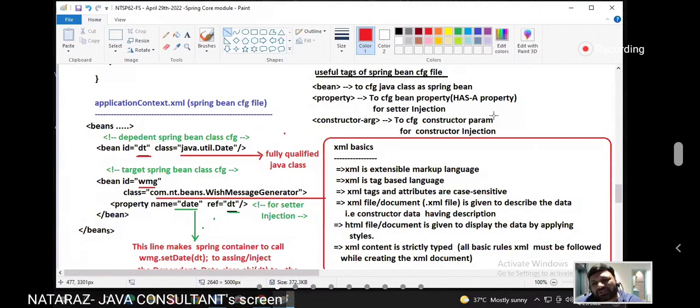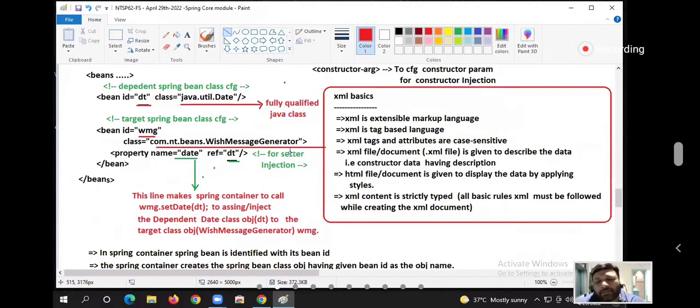In front of your home, there is a drain. Please jump into that. Don't waste normal water also. Yeah, property tag is used for what purpose, guys?